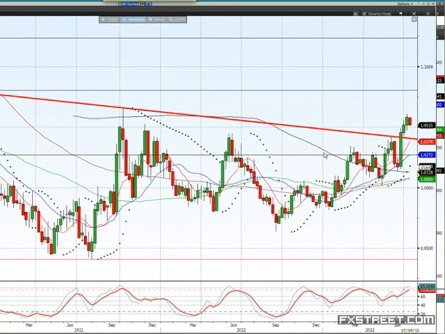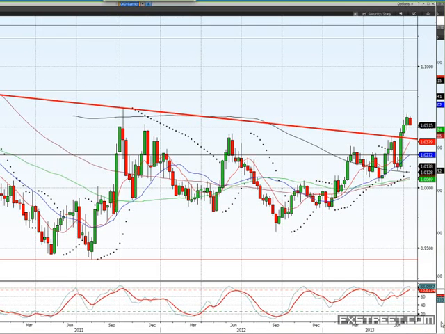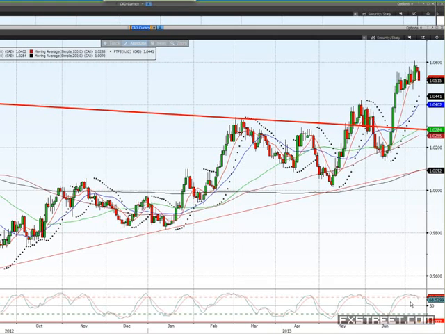Getting overbought on the weekly chart, but a pullback to this trend line wouldn't be a huge surprise. We'll have a look at a daily chart in a minute just to see what that's telling us, but this Canadian is starting to ease back now after having a good break above that trend line. So yeah, we've got very overbought on the daily stochastics, and that's starting to turn a little bit negative.